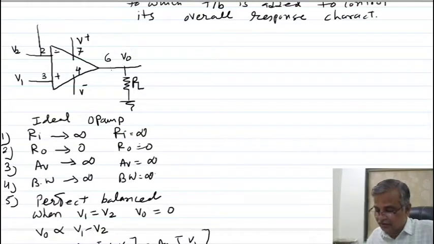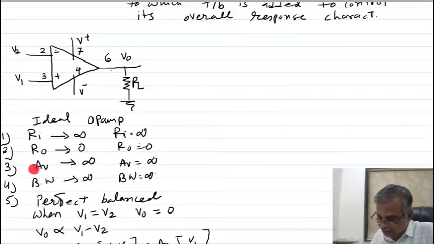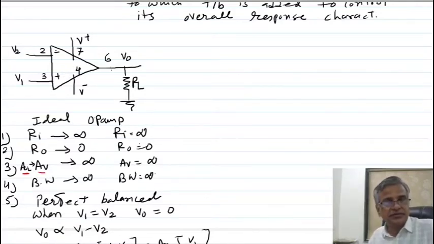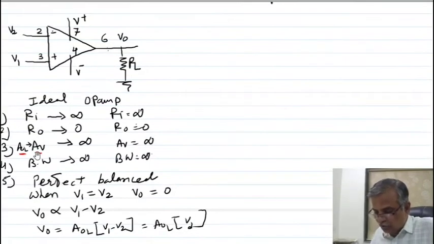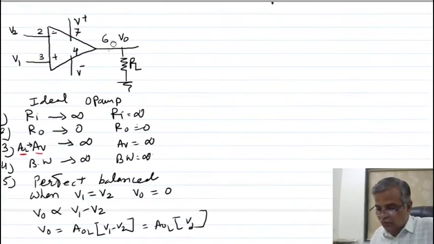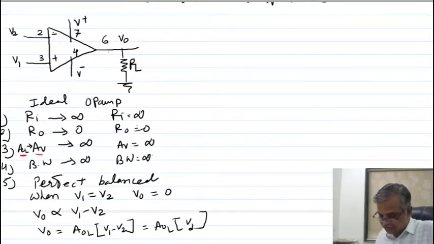If I am doing like this, it is your open loop operation. The gain of this op-amp for open loop, AOL I am writing. This is your AOL, the open loop gain. Open loop gain of the op-amp is very large. For your knowledge, whenever you are using the open loop operation, the output is very high, because this gain is very large, so output is very large.